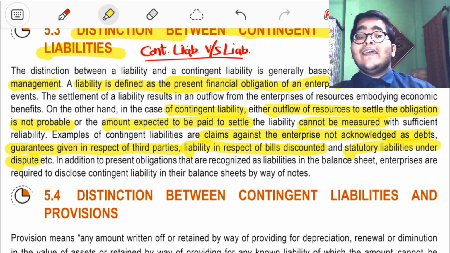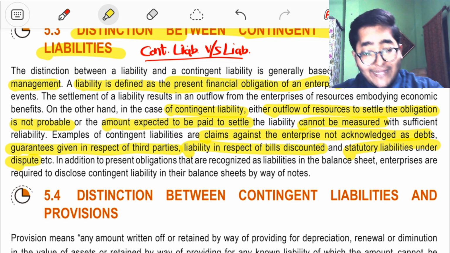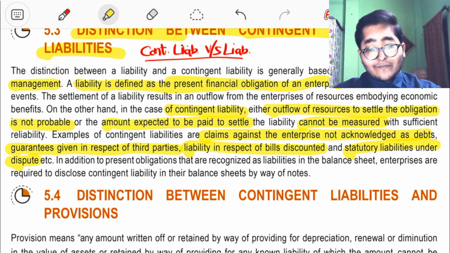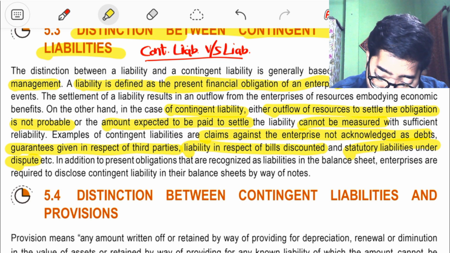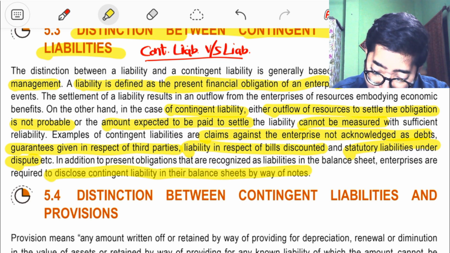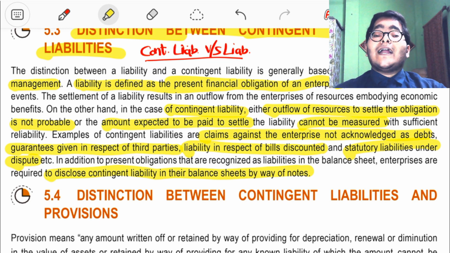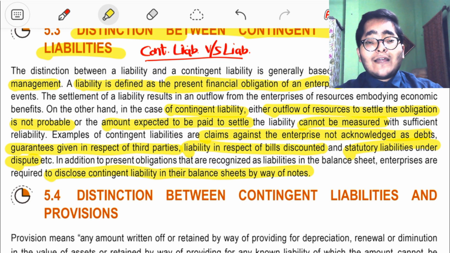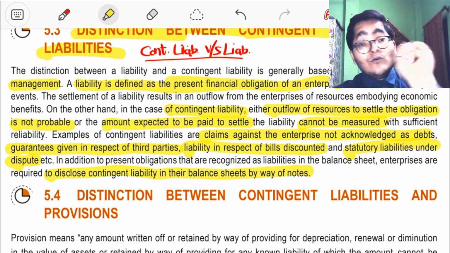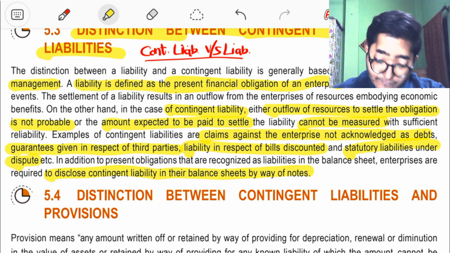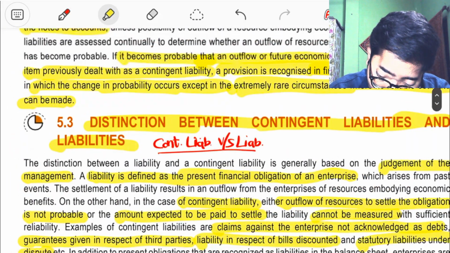In addition to present obligations that are recognized as liabilities in the balance sheet, enterprises are required to disclose contingent liability in the balance sheet by way of notes. Contingent liability को भी disclose करना mandatory होता है, लेकिन कहाँ? Balance sheet में नहीं, कहाँ पे? Notes to accounts में।